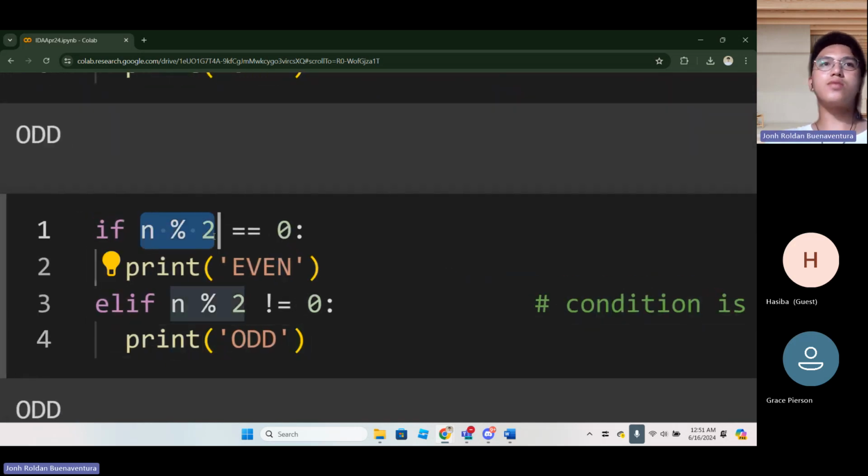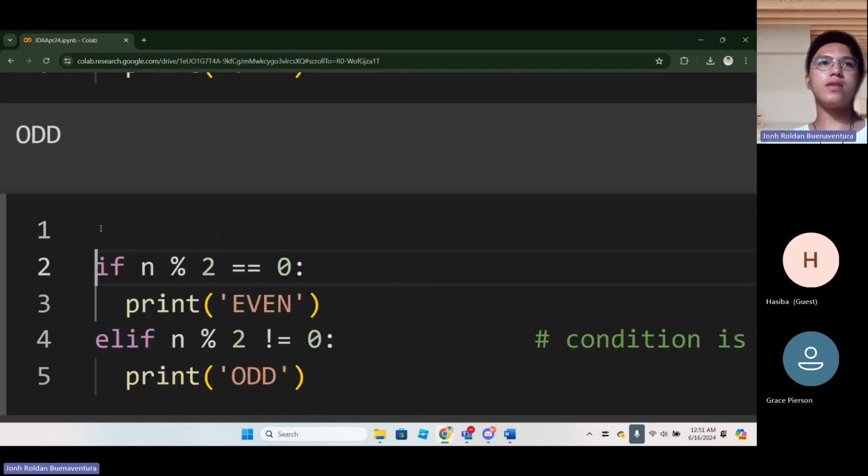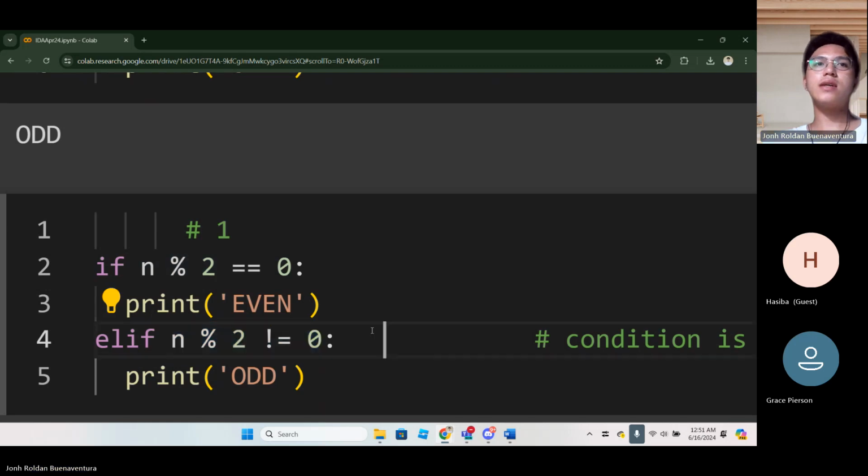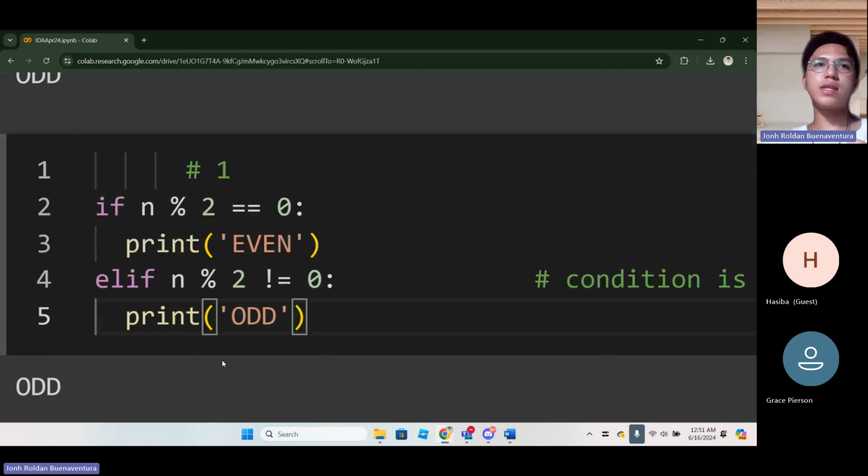We know that the answer is 1. The value of this is 1, and we know that 1 is not equal to 0. That's why the value of this is false. But this part was satisfied because 1 is not equal to 0. That's why it printed odd.